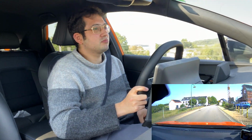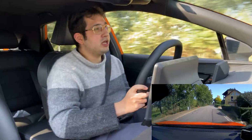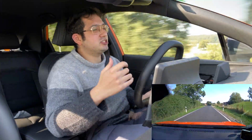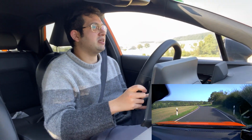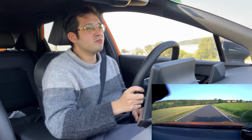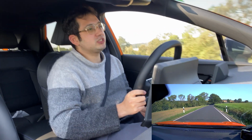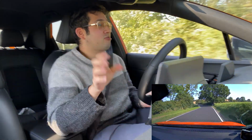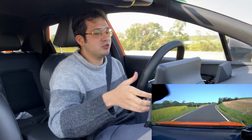So I'm quite a big fan of the handling of this car, and the second best, the one car which I liked about as much as this, was the Volvo EX30 extended range, the single motor rear wheel drive version. The only downside is that it doesn't really get close to its claimed range. I was seeing about 350 to 400 kilometers of 475 claimed, and I was driving it when I tested the EX30 on a sort of combined cycle, not really that fast, bit of motorway, a lot of sort of rural roads like this,